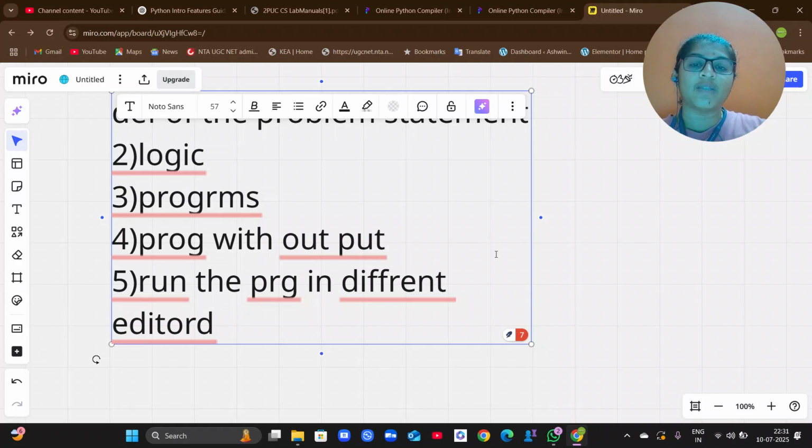Then I'm going to explain the mathematical logic, whatever the mathematical part is there. Next, we are going to see the program. Then with the program I'm going to show you all the output. The last part of the session will be running the program in different editors. So this is it.